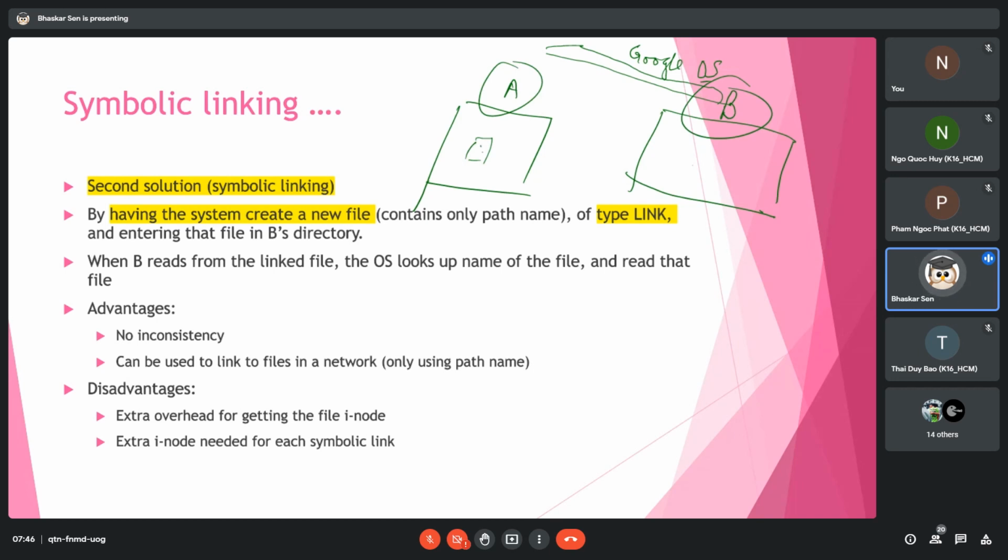If you follow hard linking, we already talked about it. But if you follow the second solution, symbolic linking, what you do when you want to share the file is right click on it and send a request to the Google OS. Google OS will create an extra inode